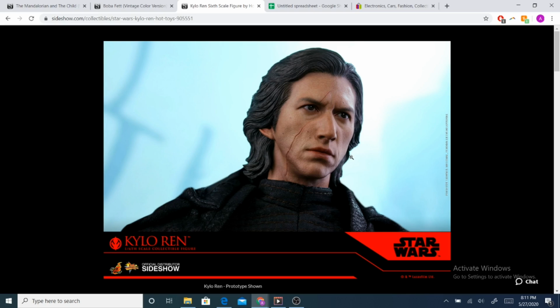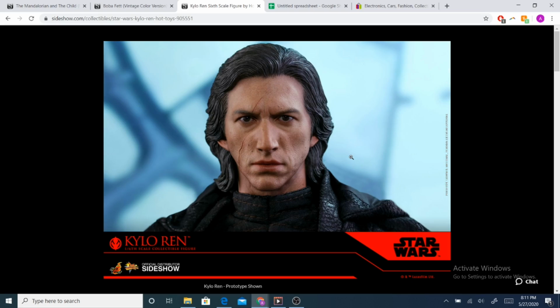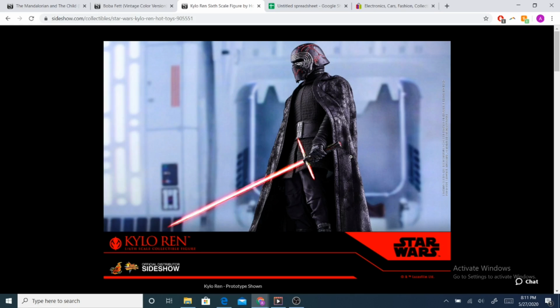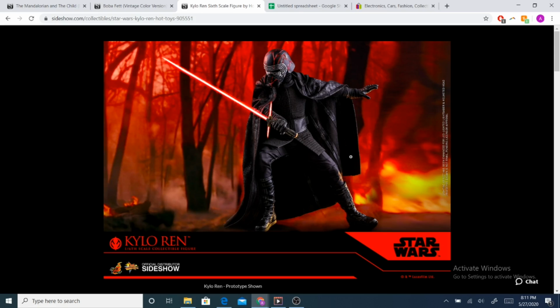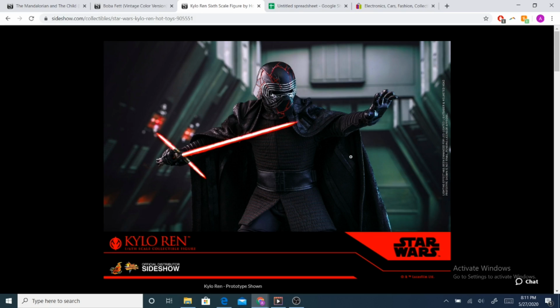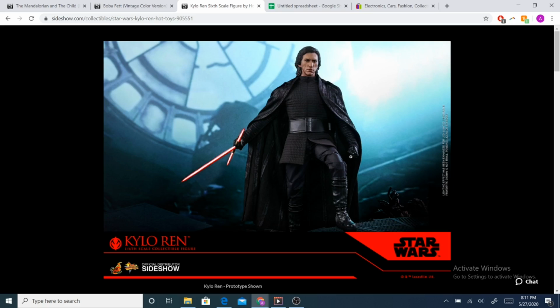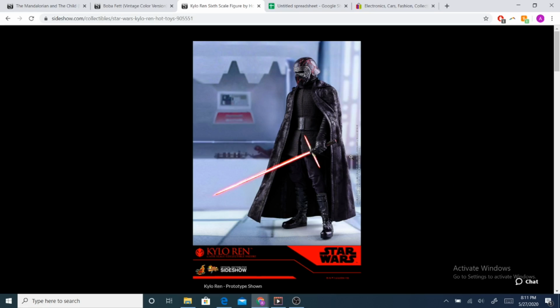Yeah, some might say the hair looks kind of weird. I don't think it looks that weird. I think it looks fine. I probably prefer the Last Jedi hairstyle, but I still think that this one is good. The helmet is awesome with all of the cuts that you see in there. It's just a great looking figure, and if you're gonna pick up just one, two, or maybe three from the sequels, this is one that I think is a great looking figure. Accessories are awesome. Head sculpt is great. Helmet is great. Cloak is great,